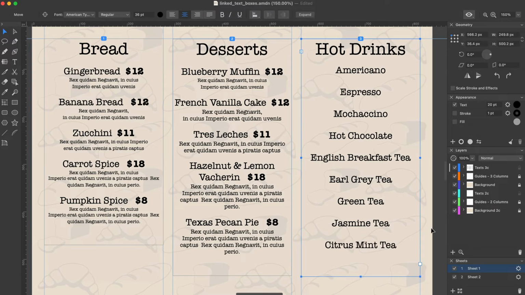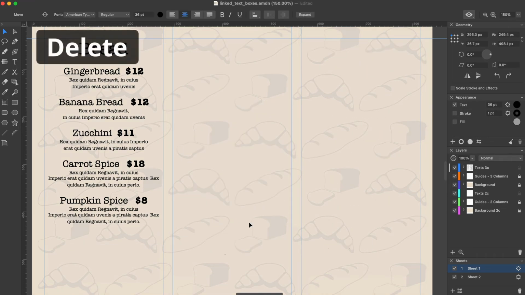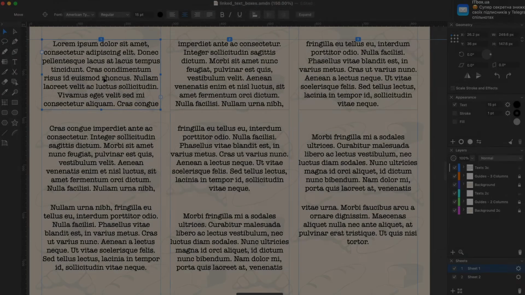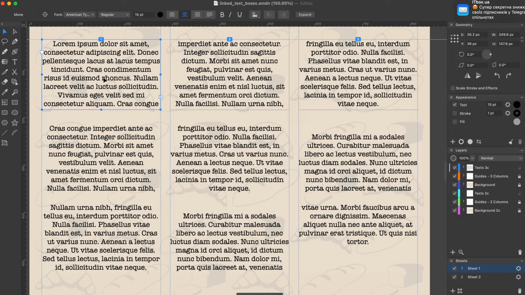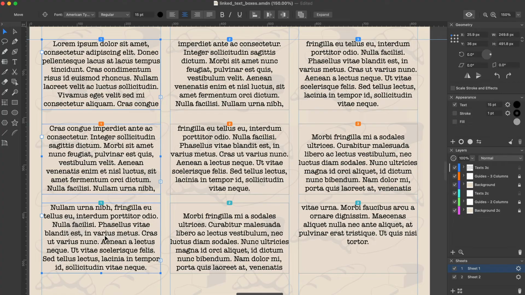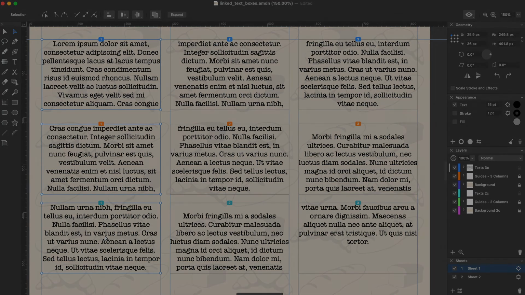We just learned how to unlink and insert text boxes using the control on the right-hand side. The left control has similar capabilities. To delete any text box in the sequence, you just need to select it and press the Delete key. If there are multiple sequences of linked text boxes in the design, numbered tags in one sequence will have a color that is different from other sequences.